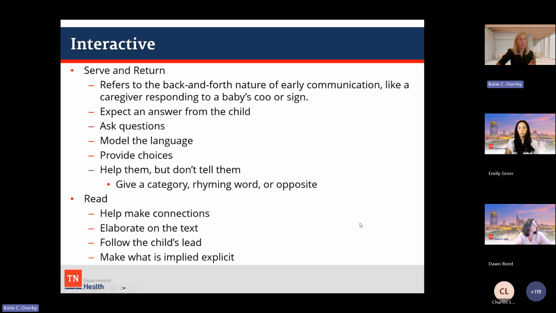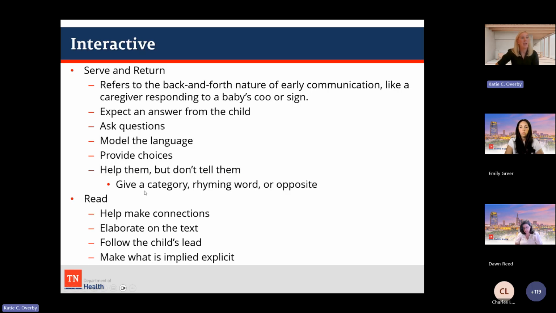And then making the language interactive. So we want to serve and return. We want to keep giving back to the kids. We want to ask questions. We want to expect an answer from a kid. Again, I'm guilty of it. I ask a million questions. I haven't given them wait time. And then I want them to answer four questions ago. So giving them wait time, asking a question, and then making sure that they're giving you a response back. And the response back, even for infants, can be just cooing, or they give you a sound and you give them a sound back, and vice versa.